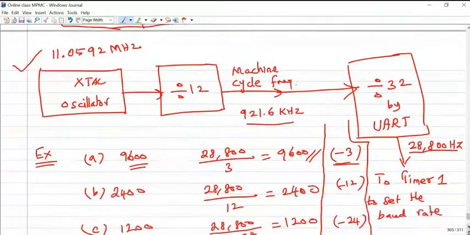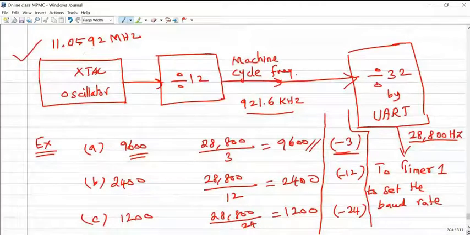Say for example the oscillator frequency is 11.0592 megahertz, which is already divided by 12, then 921.6 kilohertz is available. Then it is again divided by 32, so only 28,800 hertz is available as the timer 1 input for setting the baud rate.